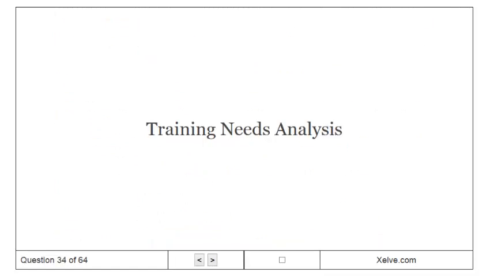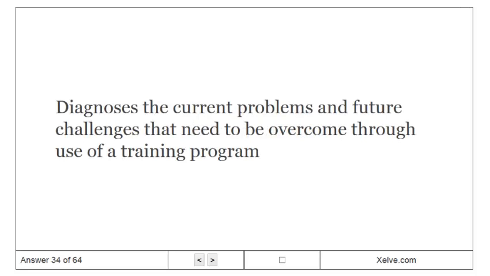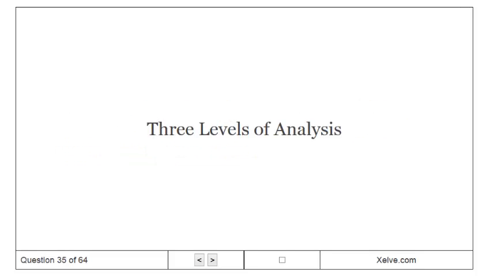Training needs analysis. Diagnoses the current problems and future challenges that need to be overcome through use of a training program. Three levels of analysis.